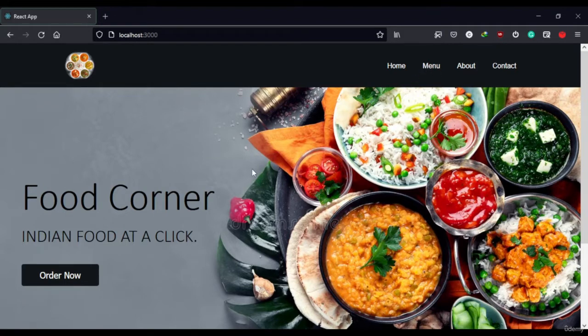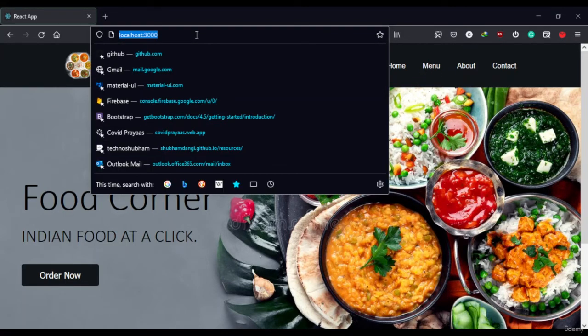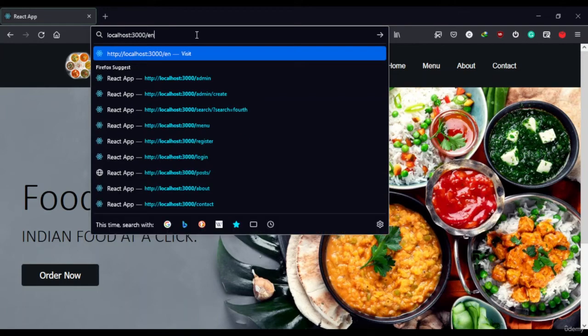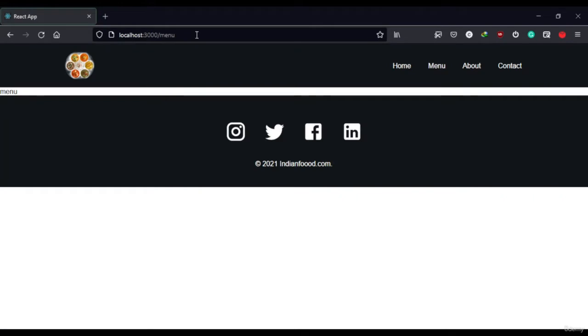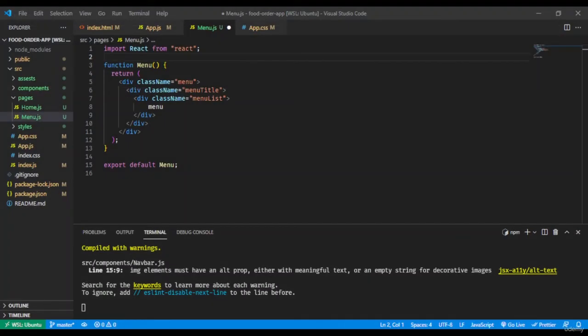It's not working right now because we have not configured the navbar, but let me just take you from the URL. Okay, you can see menu is rendered here. That means the component is being rendered. Next we will decide what to display, but it's being rendered. That is the good part here. We'll configure it from the navbar also, don't worry, but right now the most important thing is that it's been rendered. So let's just go back to VS Code,